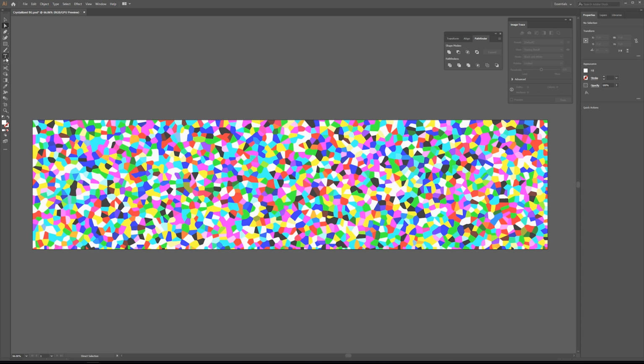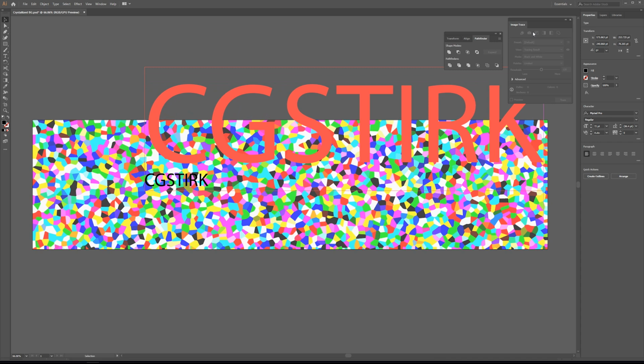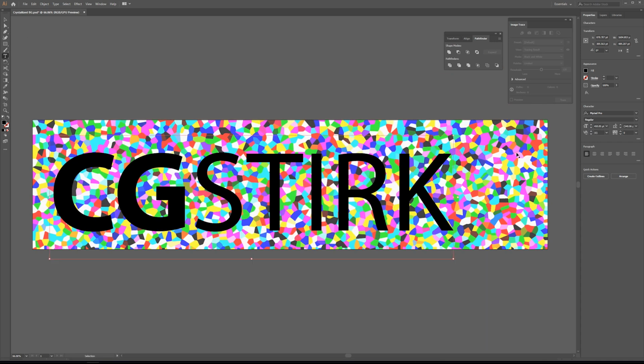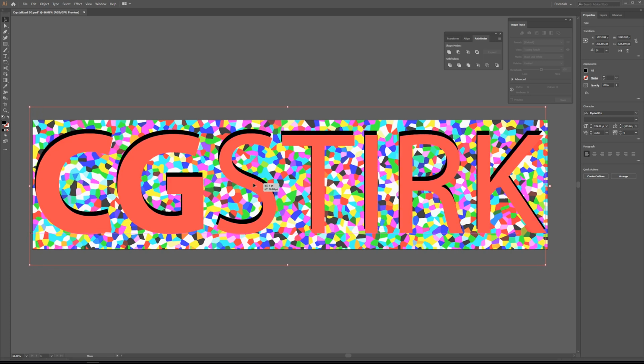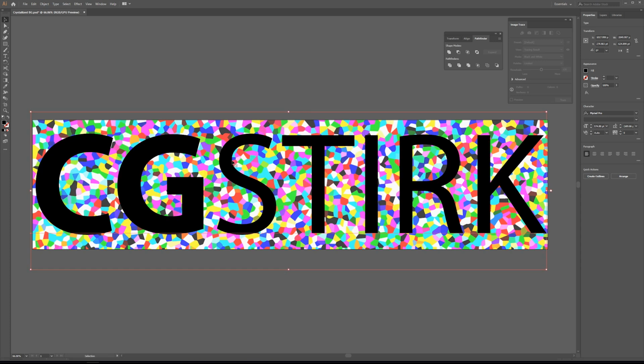All right, so the next part is where you would bring in your text or your image or whatever it is, and then you would need to vectorize that as well. But in this case, since I'm just creating some text, I can do that inside of Illustrator. So I grab the text tool, go to my text options here and make this a lot larger so I can see it, and I'll add some text. When you're doing this, you want to maximize the amount of pieces, the amount of shards, that you have inside of your text or image. So in this case, I'm trying to utilize the most space that I can.